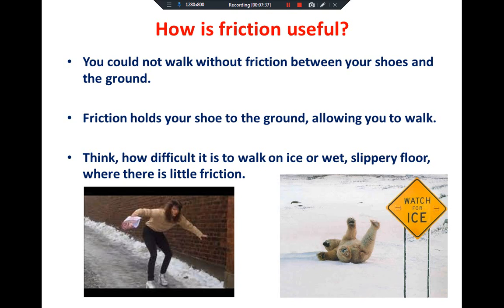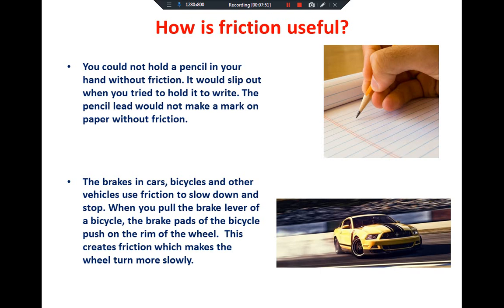So we have least friction on icy or wet slippery floors, and we have more friction on the ground on which you are walking when there's no ice and no wet floor as well. So the other point that makes friction useful is basically when you are trying to write on a